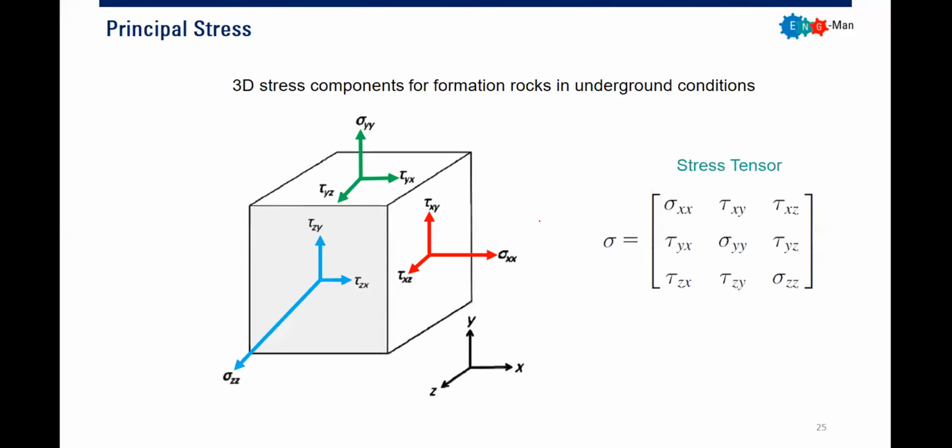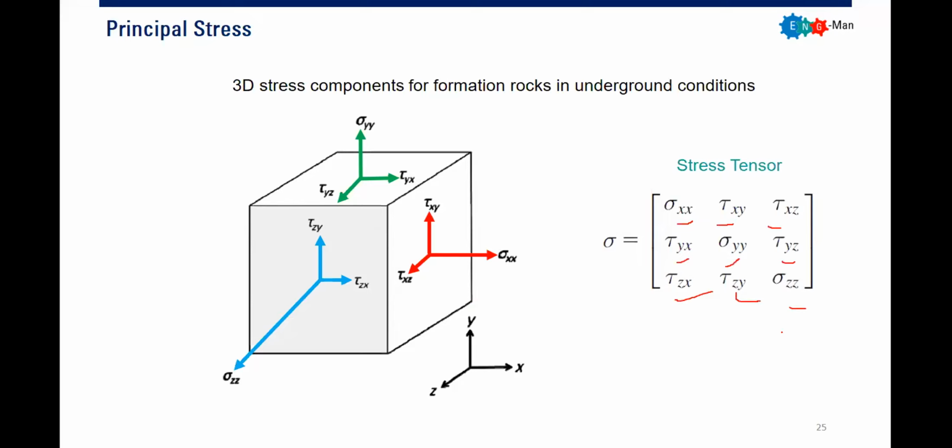And we can describe the stresses with a tensor. Maybe many of you are from chemical engineering. In chemical engineering, usually we have transport phenomena, right? In transport phenomena, we talk not only about scalar values or vector values, but we also talk about tensors, okay? And a tensor has 9 elements like this one, okay?